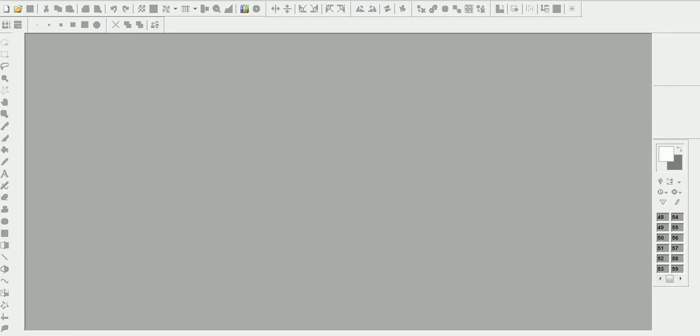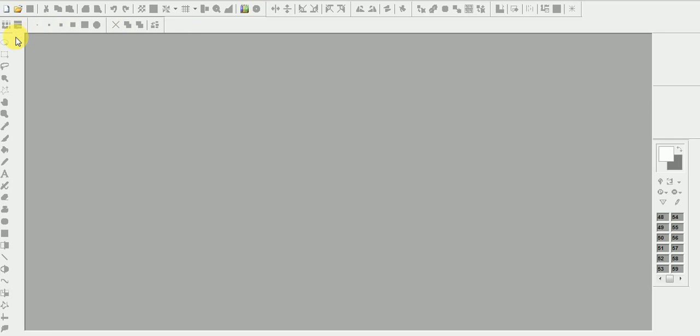Hello friends, in this video I am going to explain how to reduce colors and how to fill all colors in one single click in Texel. Now see, when you open Texel, all tools are deactivated, you can see, and the color palette is also deactivated.